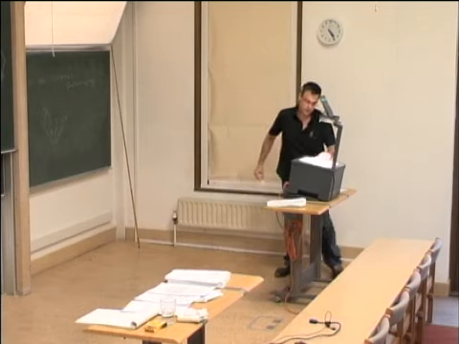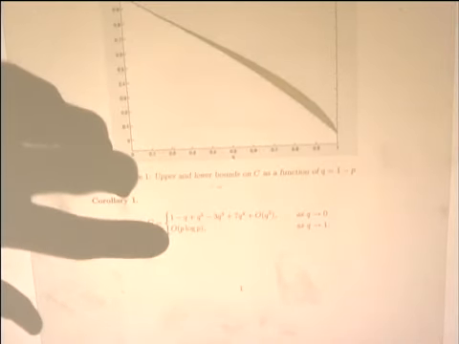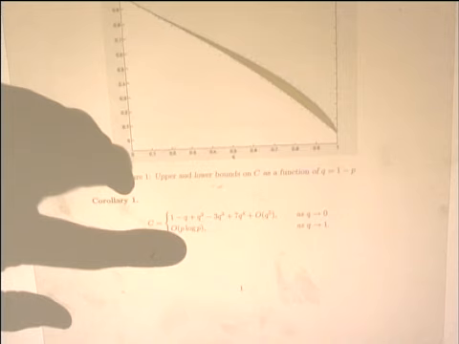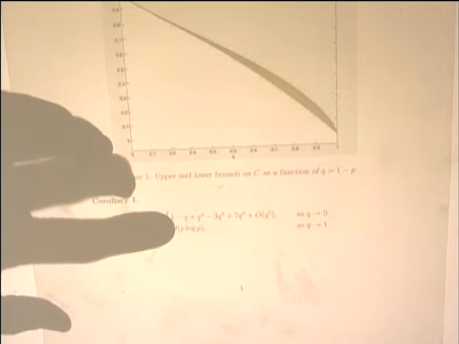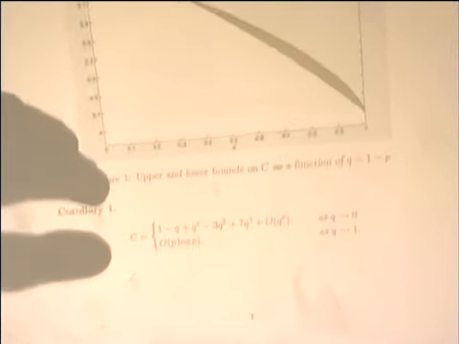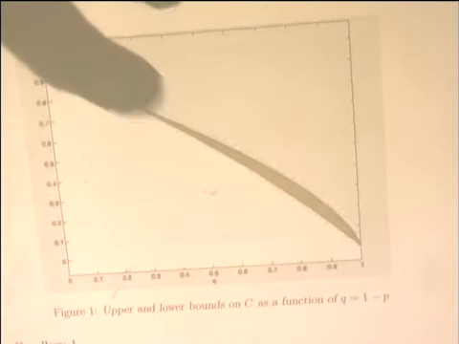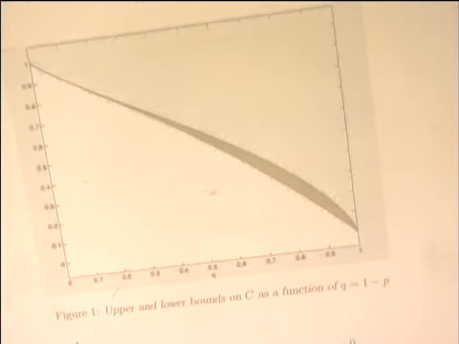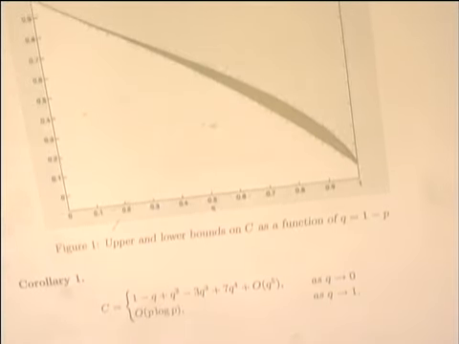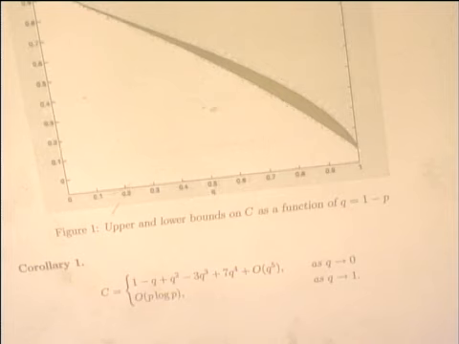So the corollary is more important, that as q goes to 1, this constant is of the order p log p. In fact, it is known by different methods that it is asymptotically equivalent to p log p when p goes to 0. And as q goes to 0, the function is 1 minus q plus q squared. Okay. The upper bound and the lower bound actually here match all derivatives, so they're very sharp here. Okay. So that's what we did a few years ago, and